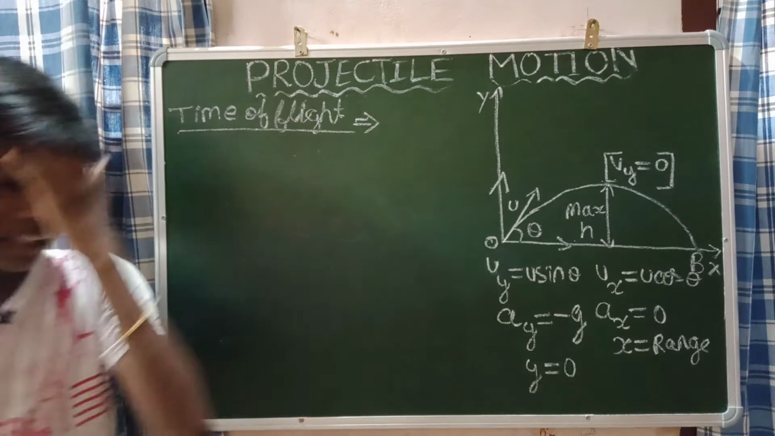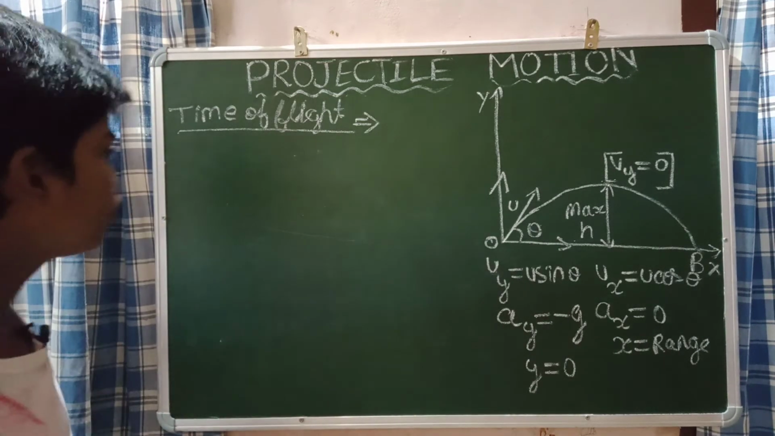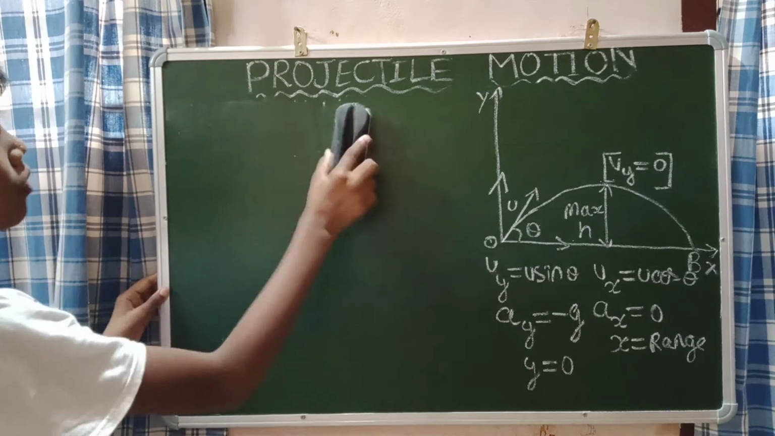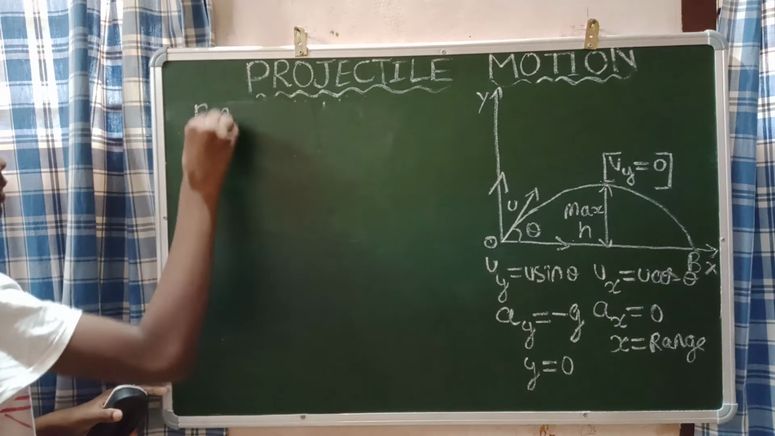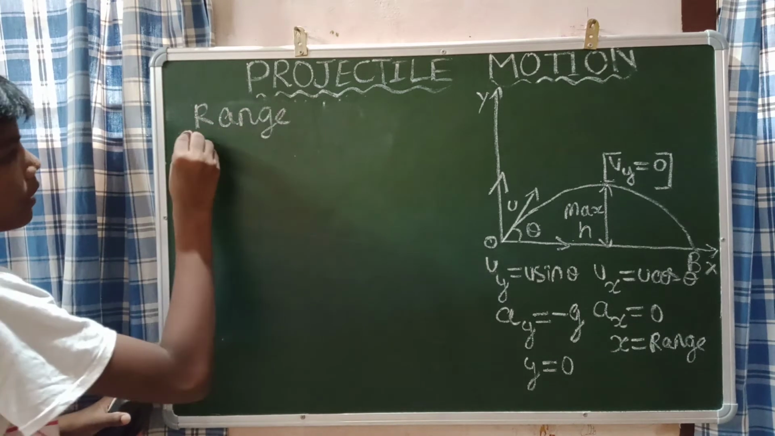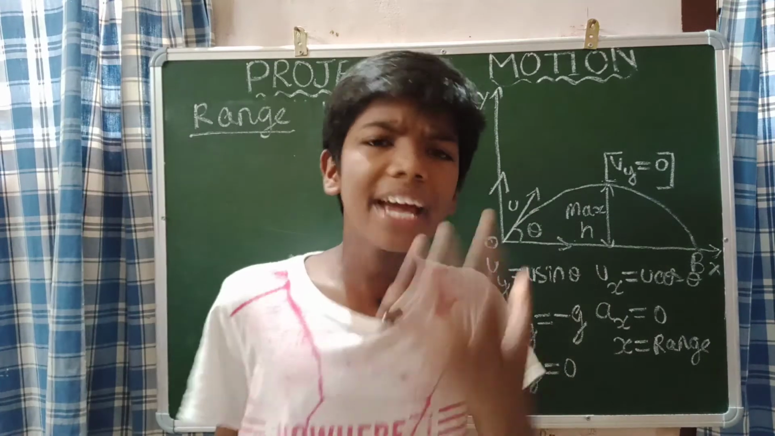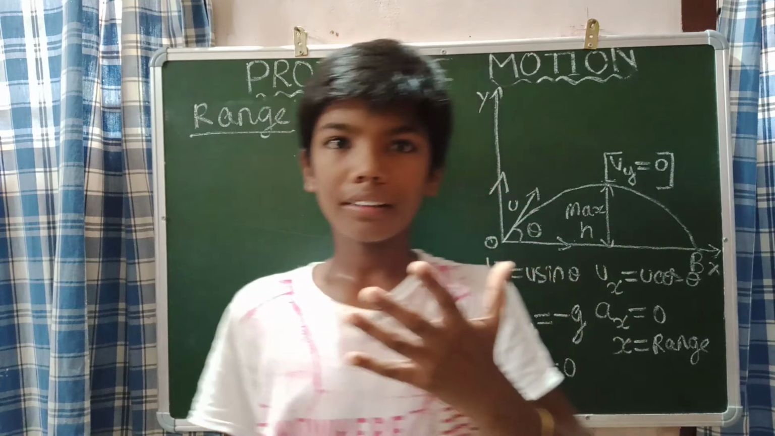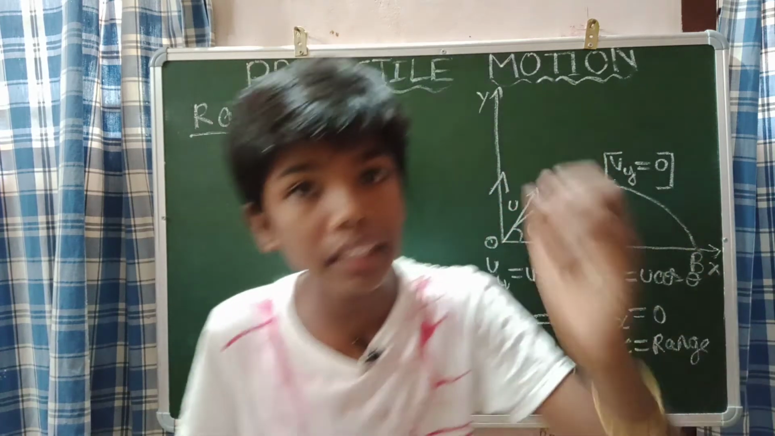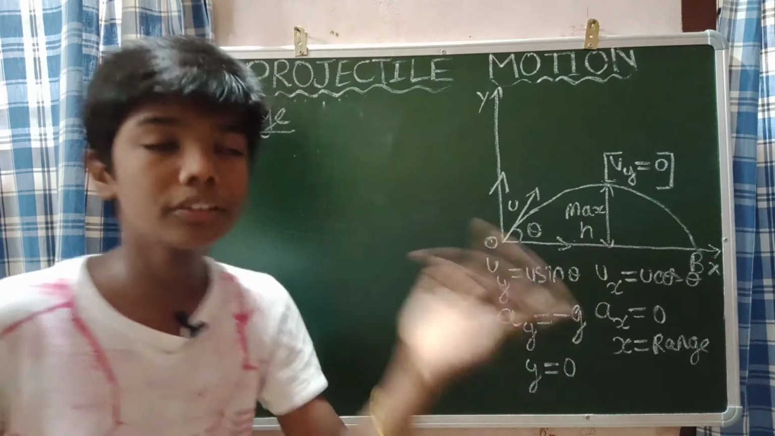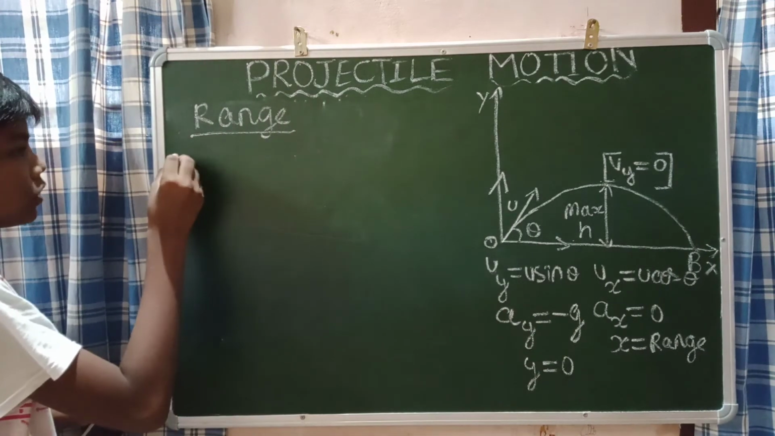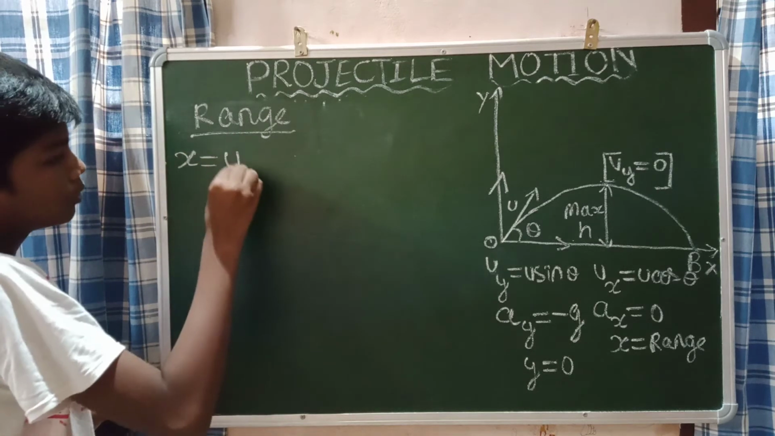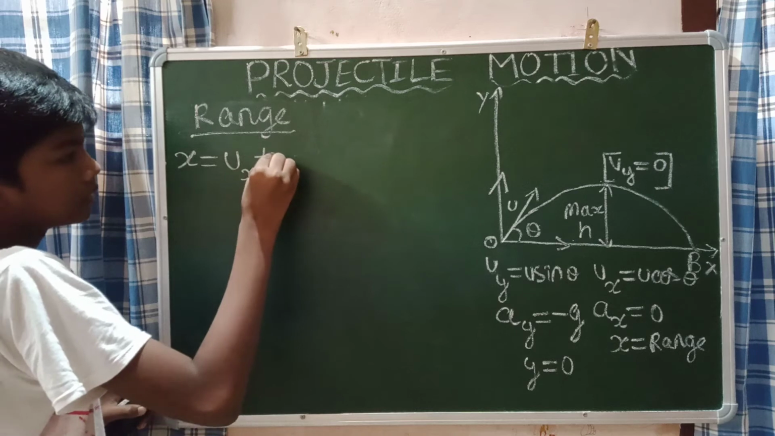Now guys, how will you derive the range? I will write range here. To derive the range, we are going to use the second kinematic equation based on the x component. The second kinematic equation based on the x component will help us derive the range. So what is the second kinematic equation based on the x component? Think well on it. We know that it is x equal to ut plus half